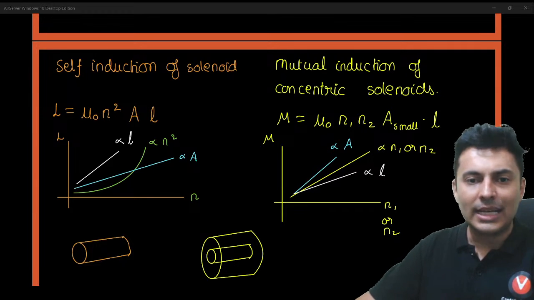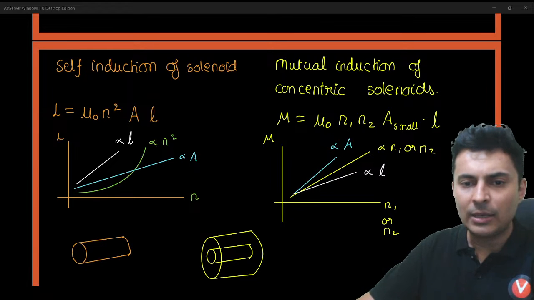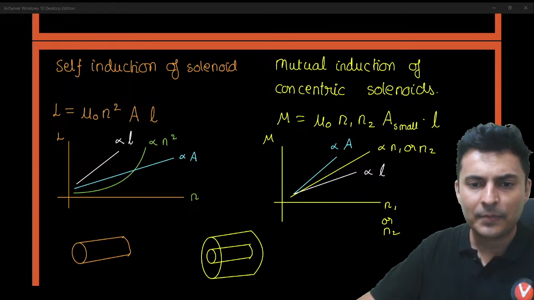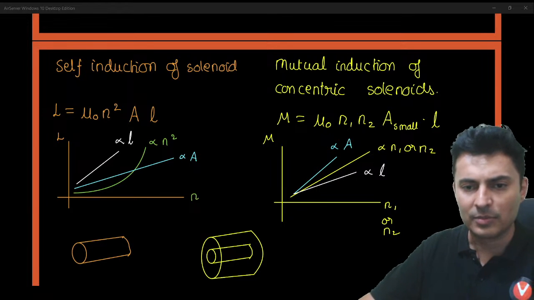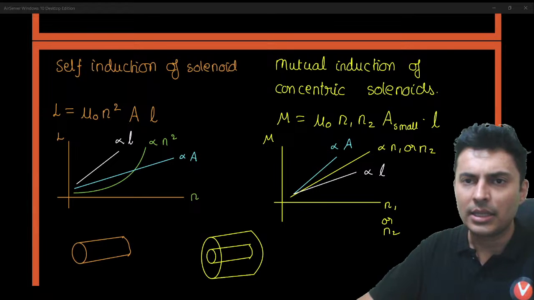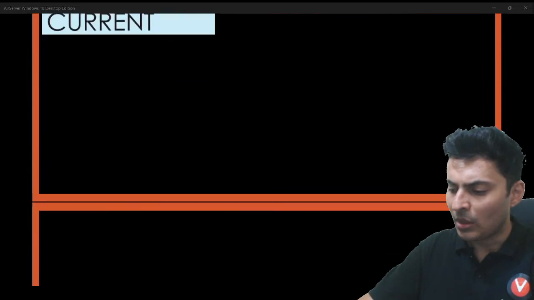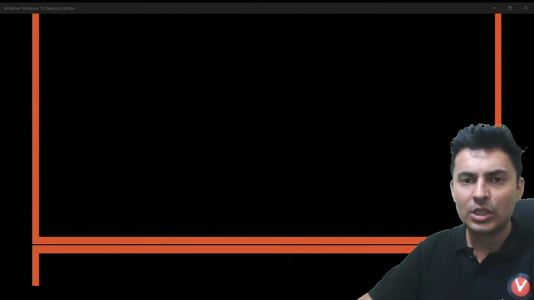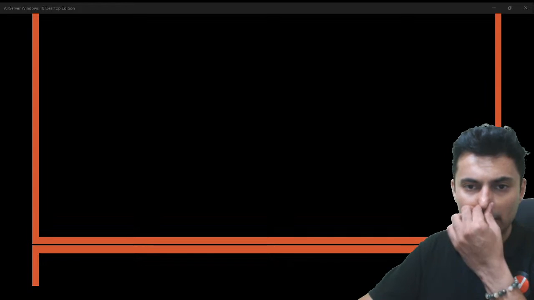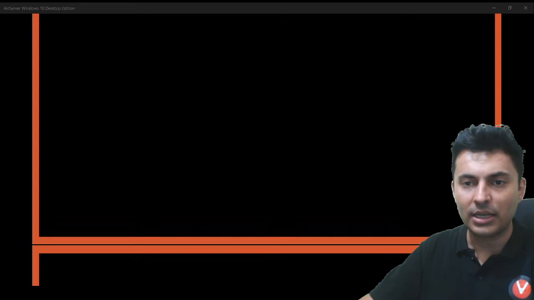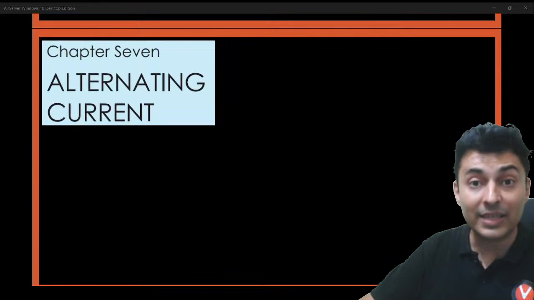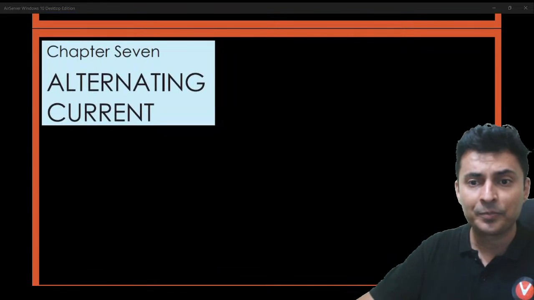Cool. So that's with regards to EMI. There is no other major graph which I can see or I feel might be asked in this particular chapter. Okay, nothing else is there. Let's go to the next one, alternating current, because after that we'll have electromagnetic waves and all of that. Here you might have some very important major graphs, or even phasor diagrams. So let's talk about that.